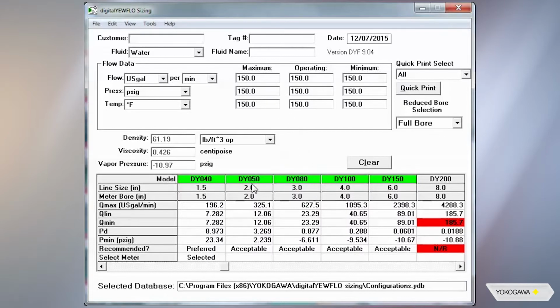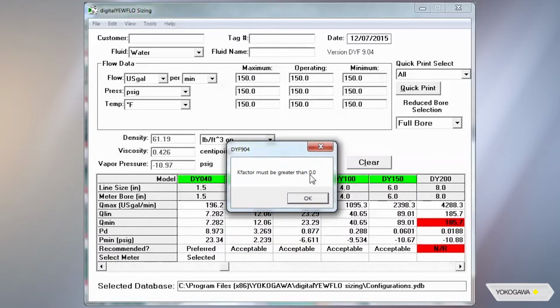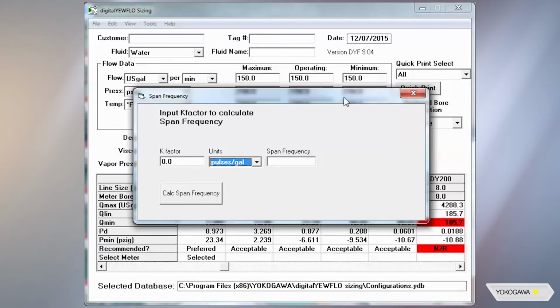And now we are going to the tools. We go to the span frequency. This K factor must be greater than 0.0, meaning there has to be something in there. Okay? So it's going to open this next window, input the K factor to calculate span frequency. And just for testing purposes, we're going to put a number here, 75 pulses per gallon,